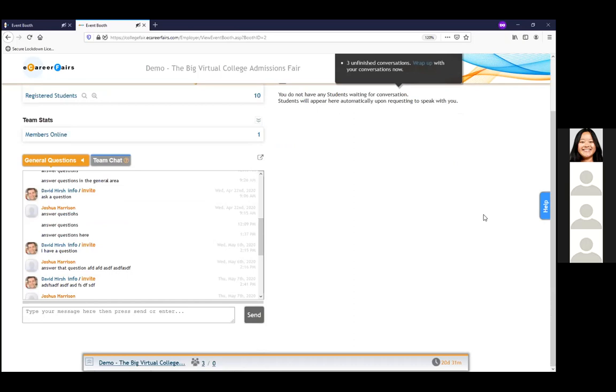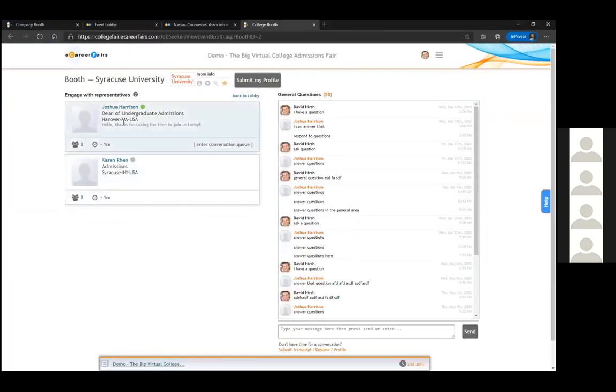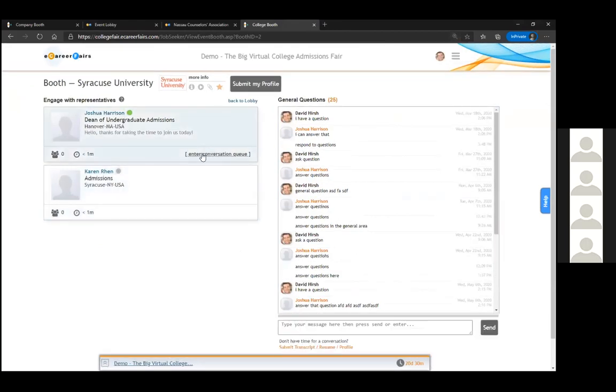Absolutely. So each representative has their own login, username and password. What someone would see, I'm going to show you what a student would see if they come into the booth. They'll see 2 representatives like this. If you're both logged in and both accepting conversations, they would be able to enter your conversation queue